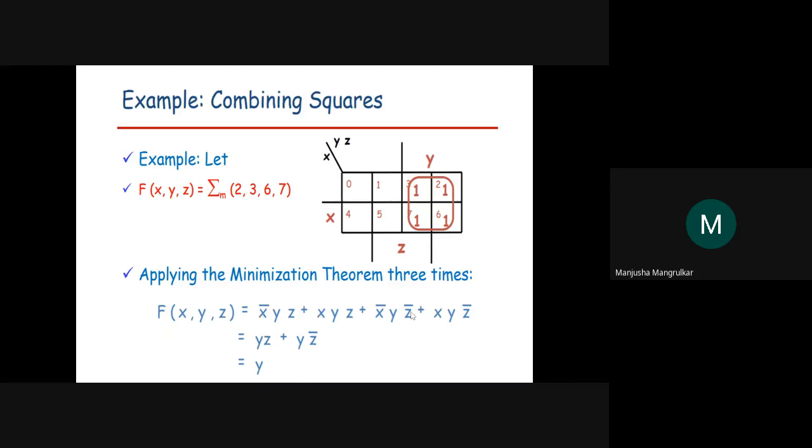Now if I take yz complement common, what remains is x complement plus x, which is equal to 1, so only yz complement. Now if I take y common, what is left is z plus z complement, which is again 1, so the solution is only y. So if you use a K-map, it is the easiest way to solve these things. By using all these equations, we can directly find out how many gates are used. Only one y is required in this solution, right?